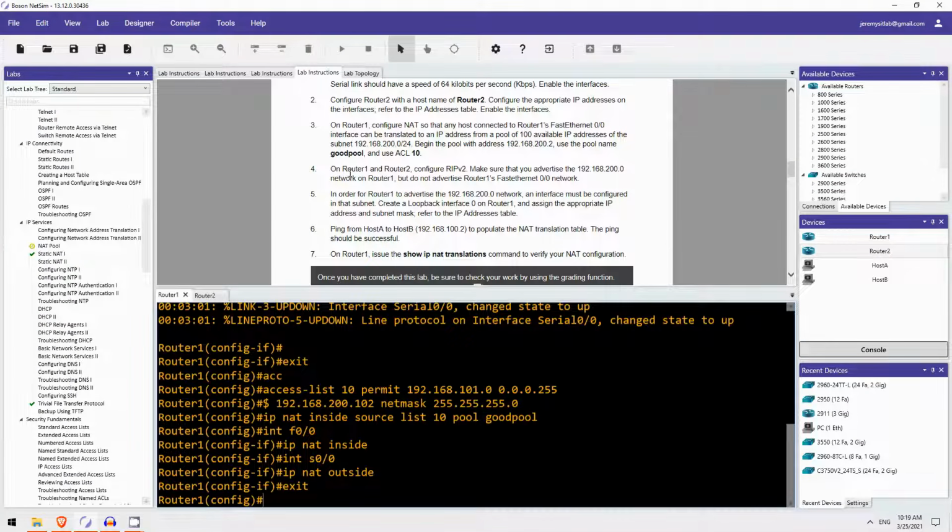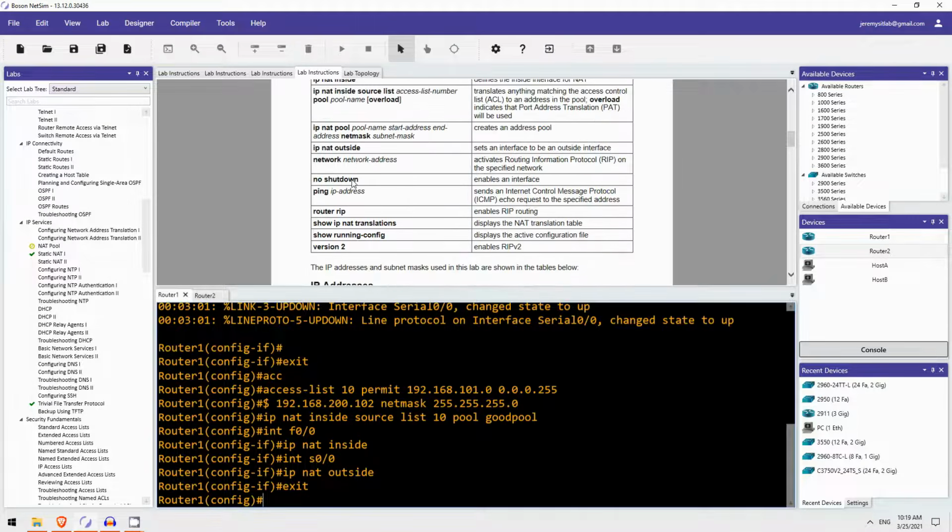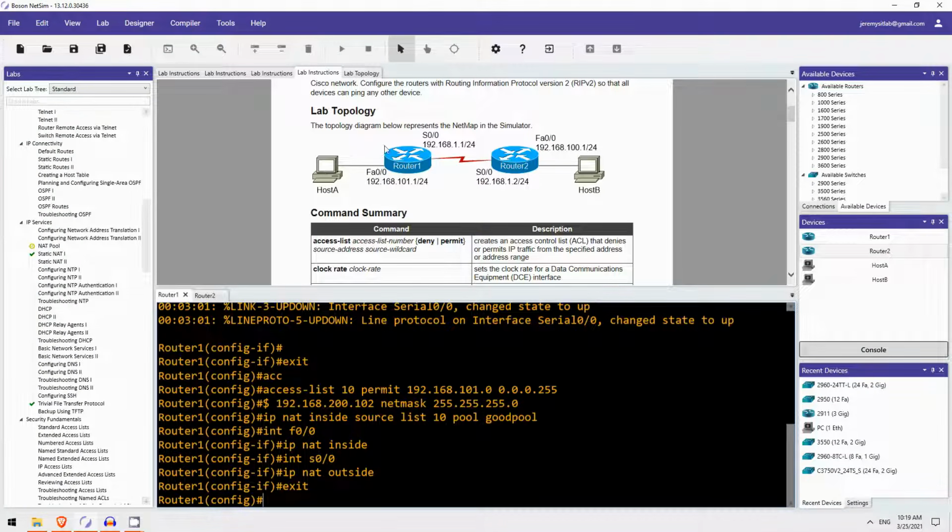Okay, and then we will configure RIP version 2. On router 1, make sure you advertise the 200.0 network, but not router 1's fast Ethernet 00 network. Okay, so we won't advertise this network to router 2, but because we will use NAT to translate the source IP addresses, this host will still be able to communicate with host A, because we will advertise the 200.0/24 NAT